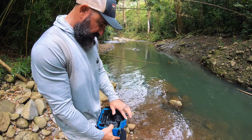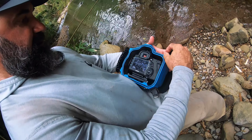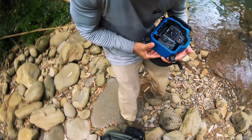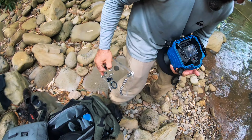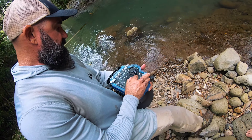Okay, then we'll just make sure the O-ring's nice and clean and clear, no sand, no nasty, no hair, no beard hairs. Make sure she's stuck in there good. And then I line up the backing plate. Like the newer models, you don't have to worry about this because they have like locating pins, but you really